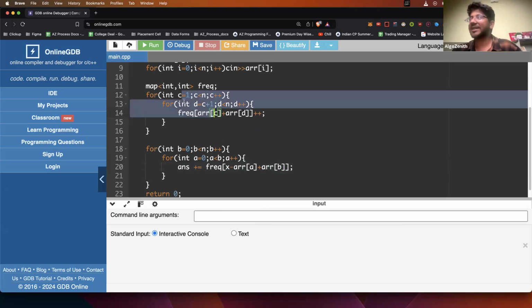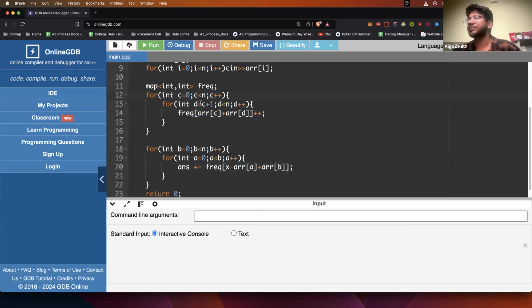I mean, I'm trying to generate everything. Sorry, this should start from 0. I'm trying to generate all possible pairs. I mean, it will be valid only from there, but I'm generating all possible pairs. ठीक है? या माइनस, सॉरी. ये होगा